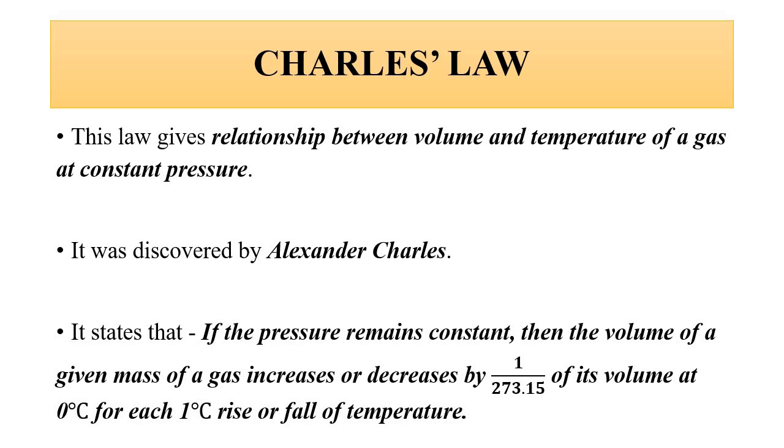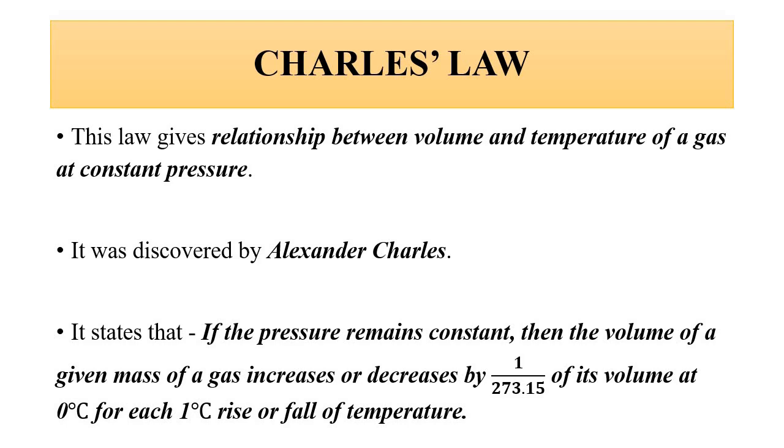For that, we first have to understand the relationship between volume and temperature of a gas at constant pressure. That is given by Charles' law, which we studied in the previous video. According to Charles' law, if pressure remains constant, then the volume of a given mass of a gas increases or decreases by 1 by 273.15 of its volume at 0 degree Celsius for each 1 degree Celsius rise or fall of temperature. So here you have to understand the significance of